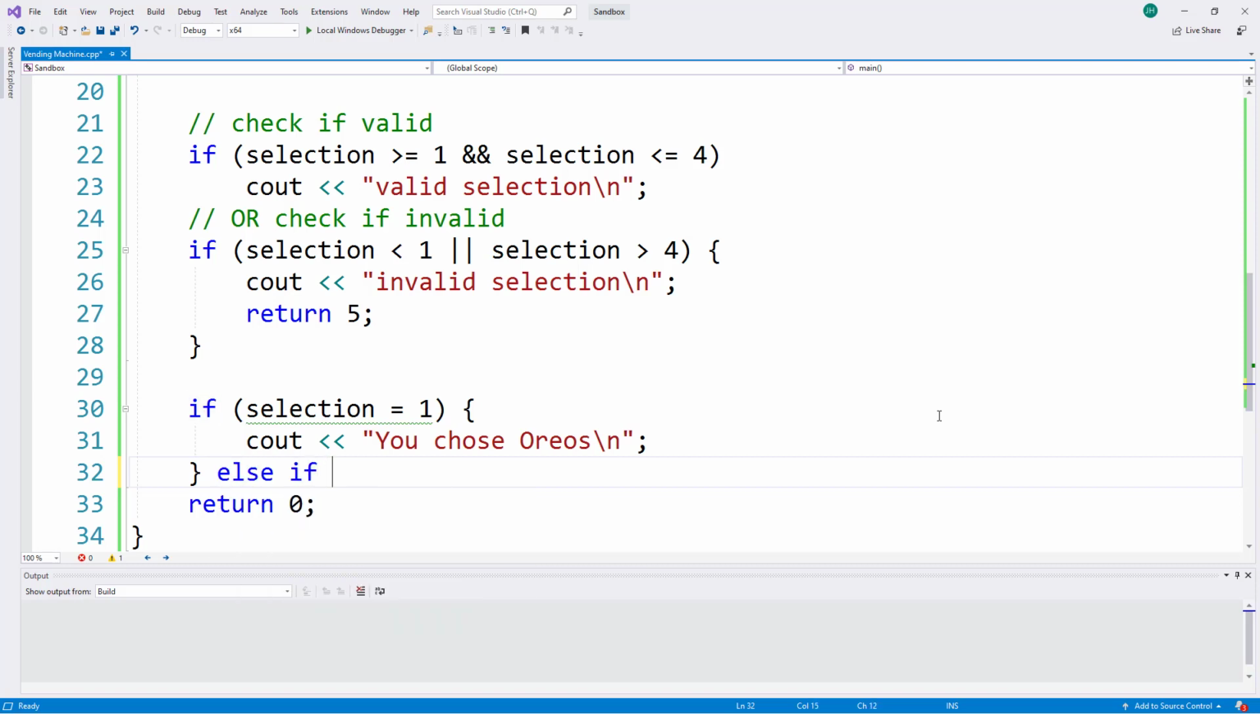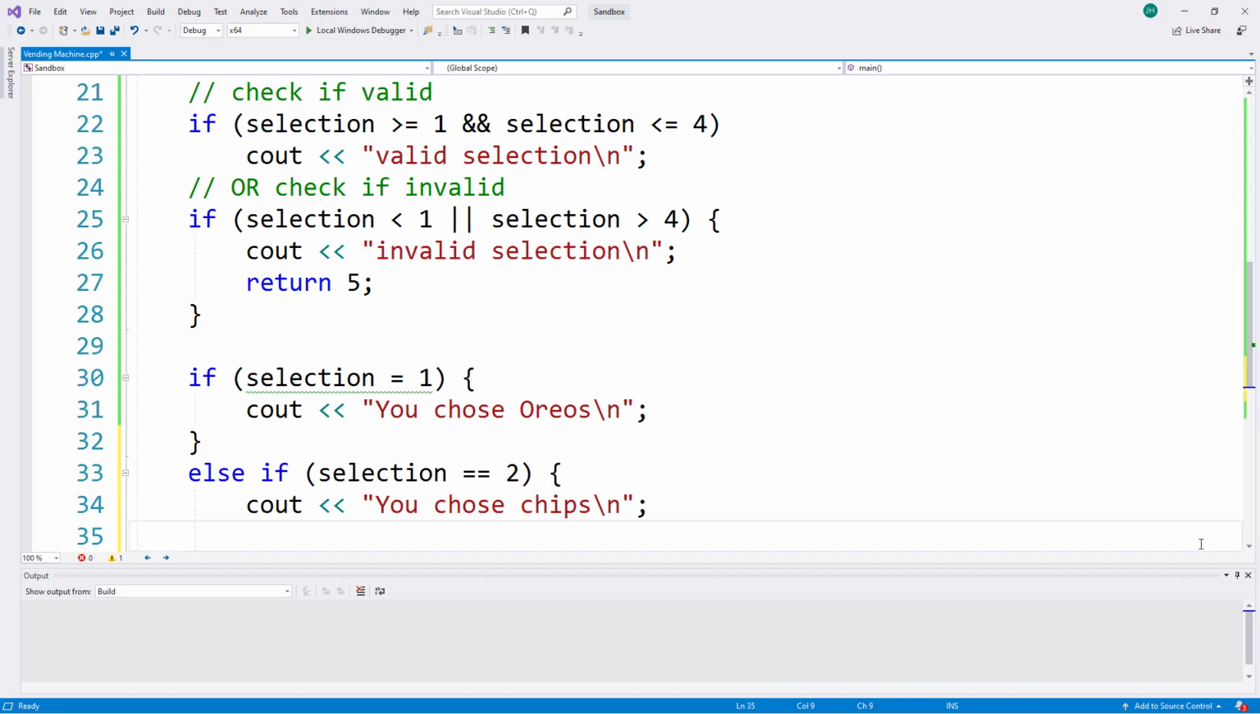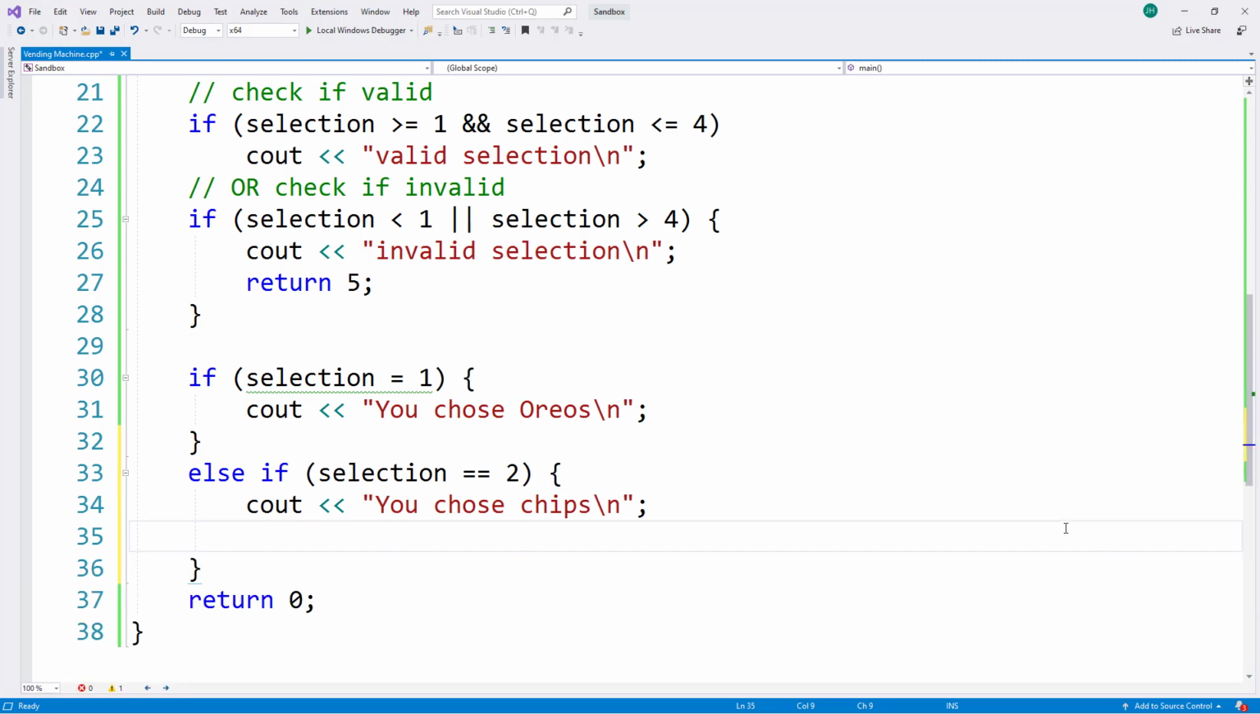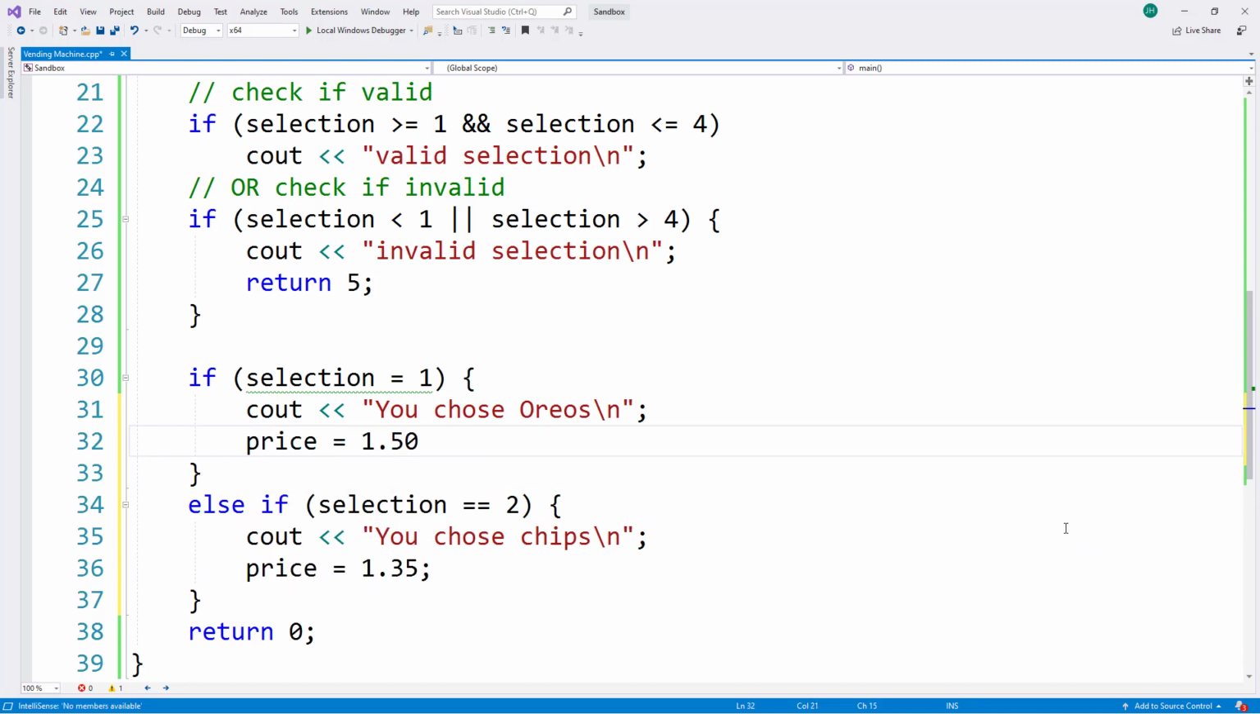So we'll go ahead and say else if selection equal to, and while I'm here, I'll set the price for each of these items as well. So I'll say that the price is equal to, say, $1.35 for the chips. Let's charge $1.50 for Oreos. And then,